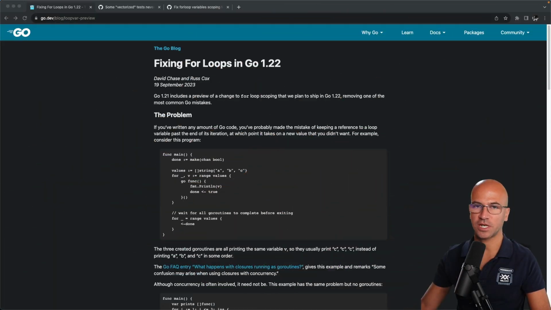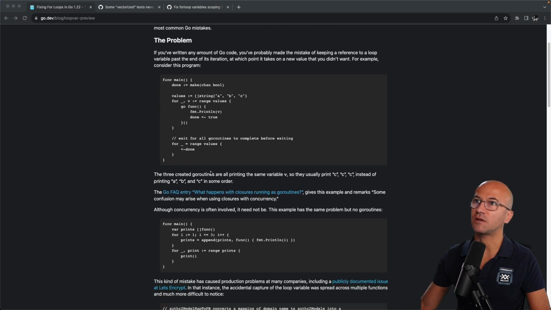As I'm trying to learn Go, I stumbled upon this article here, and what it details is a change in the scope for the for loop variables. So we are speaking about typical for loops.